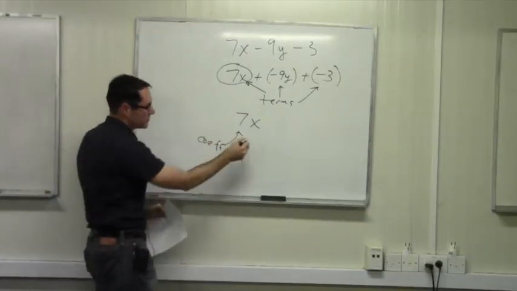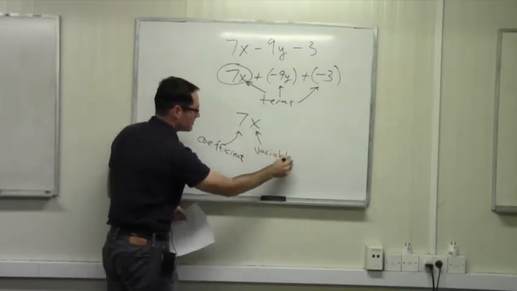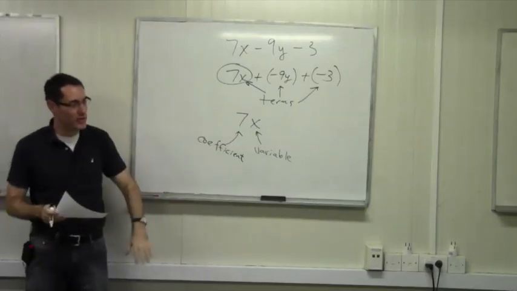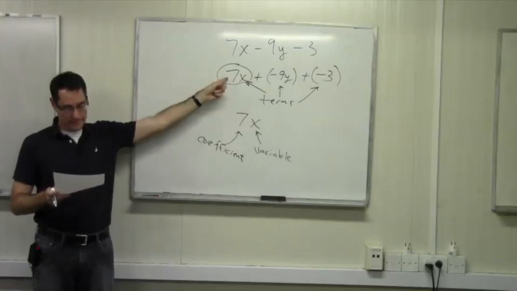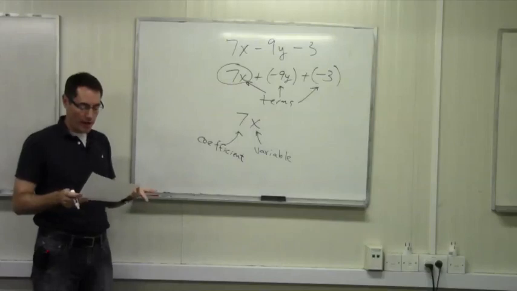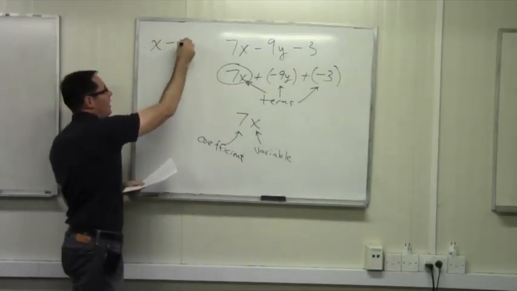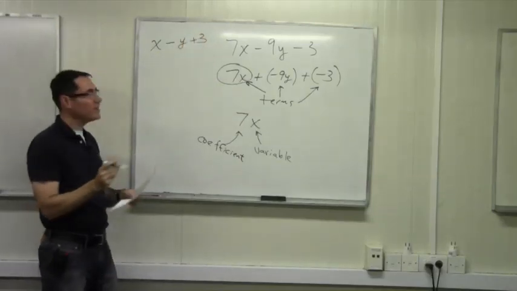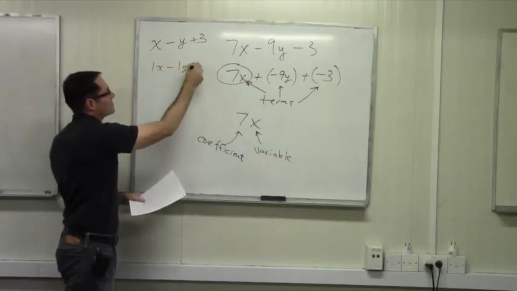OK, and of course, this is called the variable. And whenever I say something like, oh, look at the coefficient of that, you can divide by the coefficient, I'm talking about just the number part. OK? We don't write the coefficients -1 and 1. We just leave them out. So if we add x minus y plus 3, this really is 1x minus 1y plus 3, but we don't